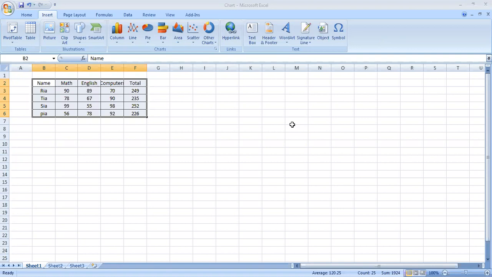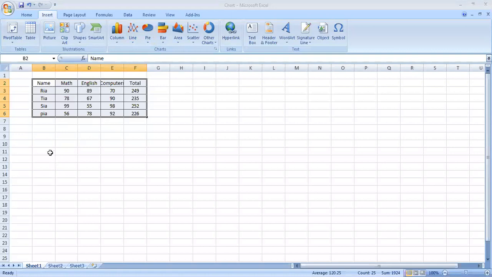Okay, so I hope you can see very clearly the Excel sheet which is in front of me. You can also see this table which I have drawn. This table consists of 4 columns, that is name, then we have 3 subjects, maths, English and computers, and their total. So this is a table which I have made, and we are going to learn how to insert different kinds of charts, as well as how to format and change the design of that chart. So kindly pay attention to what I am teaching you, and you can even try the practicals at your home.